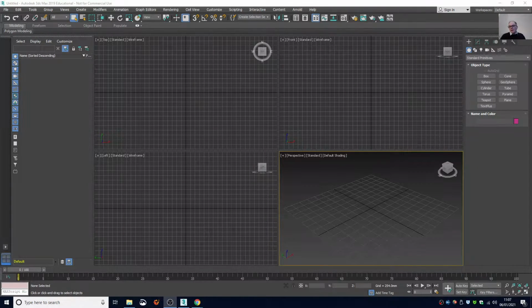Hello. Well, in this tutorial we're going to do something slightly different. We've looked at how to assign textures and materials to objects. We've looked at how to map textures onto objects, but what we've done so far is always the same texture applied to the object. There might be scenarios when you want to apply different textures to different parts, different sides